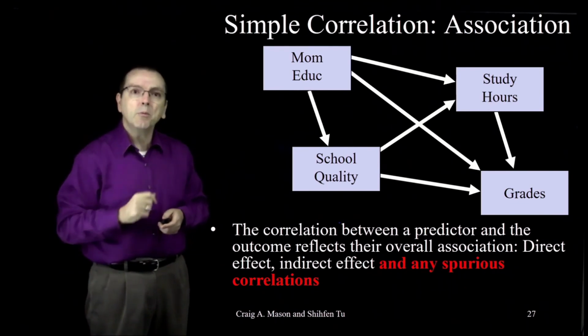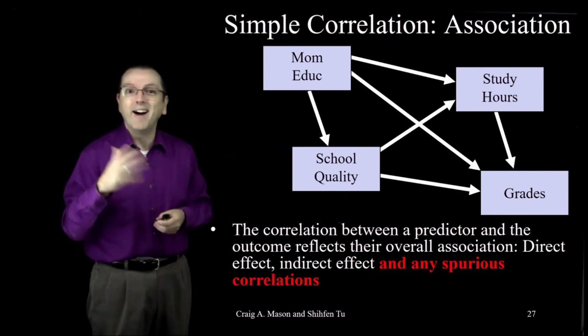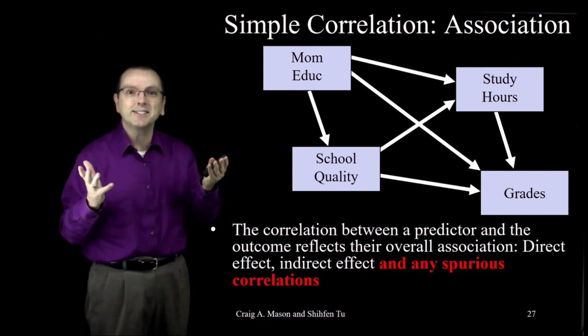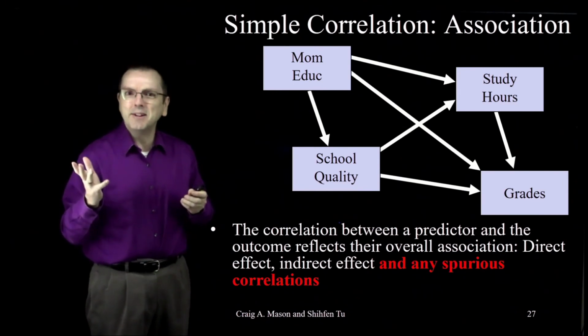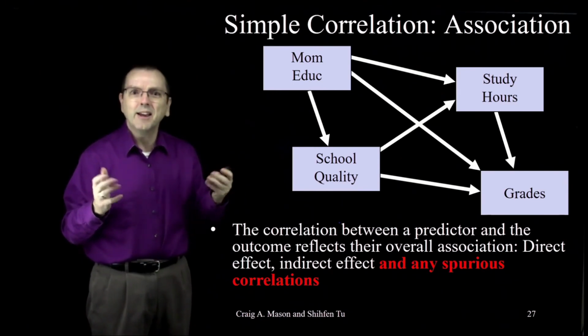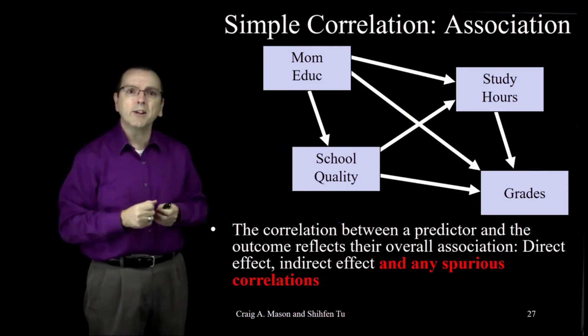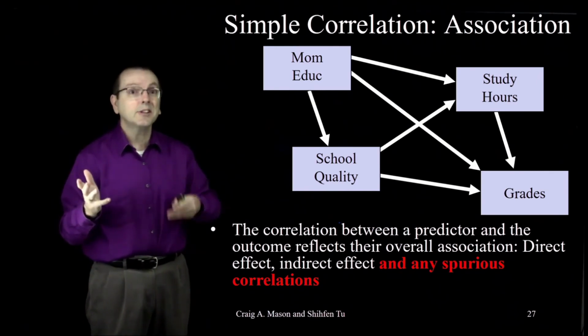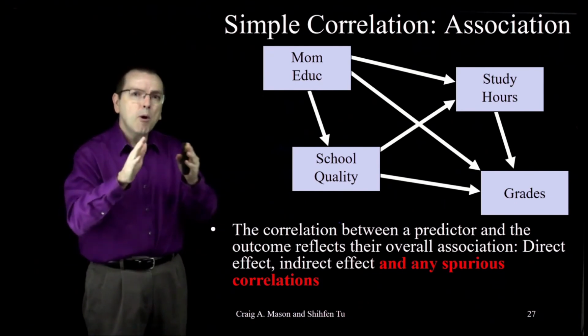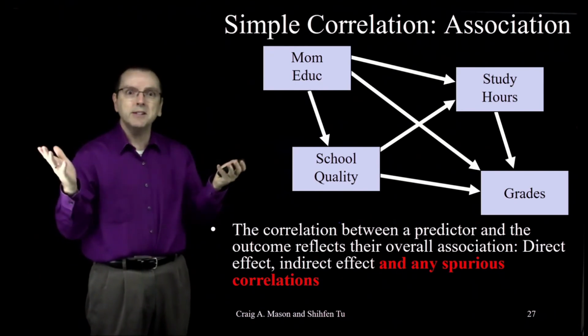Think back to when we discussed the correlation between ice cream sales and drowning deaths, right? Ice cream doesn't cause drowning. That association is a spurious correlation due to ice cream sales and drowning deaths both being influenced by temperature,